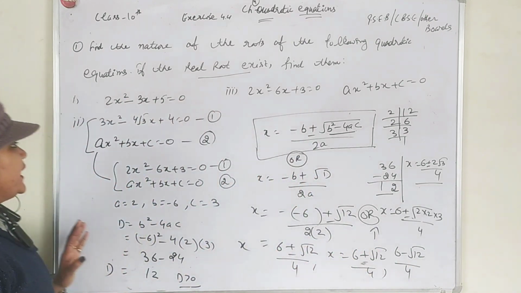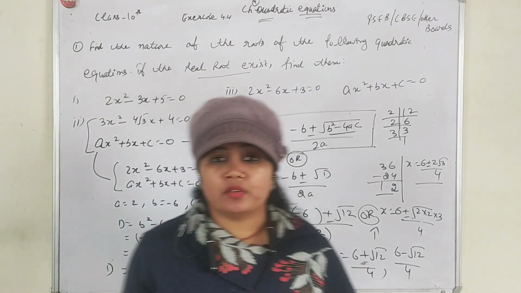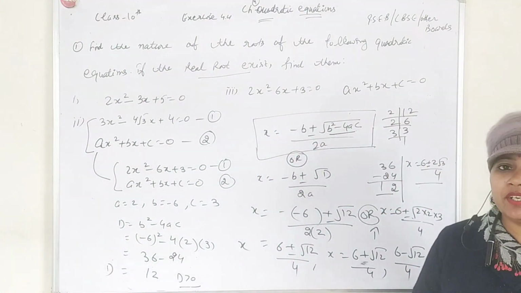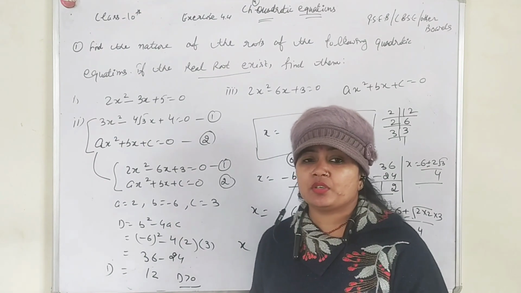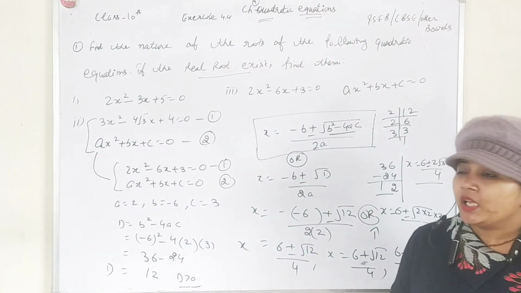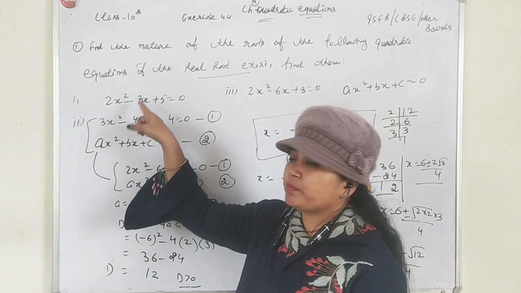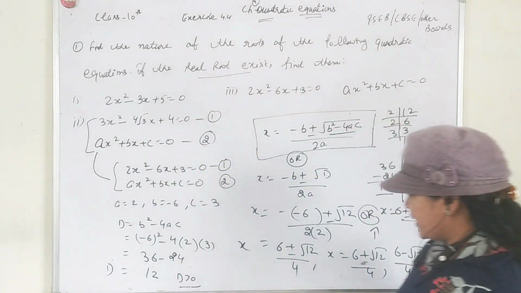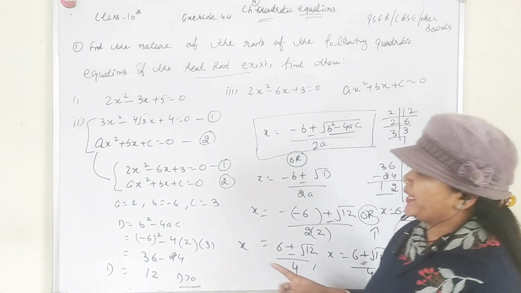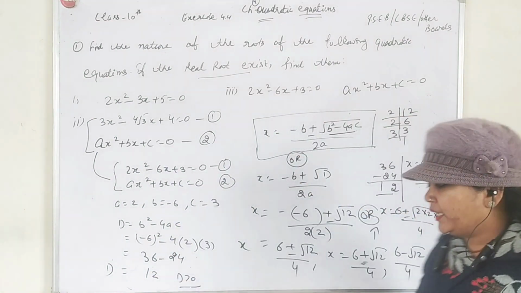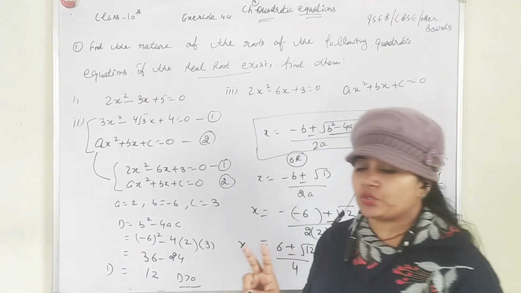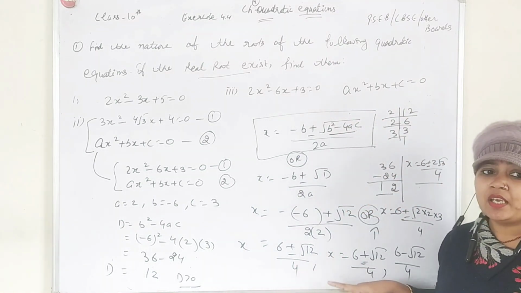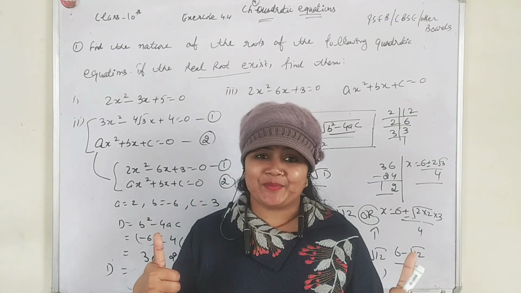You should exactly know what a quadratic equation is. A quadratic equation is an equation whose highest power is equal to 2. If the highest power is 2, then the number of answers will be 2. If we have a cubic equation, then the answer will be in cubic form, which means it has 3 roots, so the number of roots will be 3. Okay, thank you.